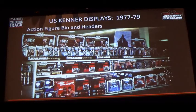Another thing that's interesting about this image, I don't know if you can see, but I'm going to try to use this laser pointer. On those 12-pack header cards there, you see a little graphical item. That is actually a plastic dangler that shipped with the initial assortments that included the Tusken Raider, the Jawa, and the Death Squad Commander, which were the last 3 figures of the first 12 released. So that would have come in the shipper with the figures, the bin, and the header card, and then someone attached that little dangler or wobbler to the header cards in order to advertise those 3 new figures, which is a pretty interesting